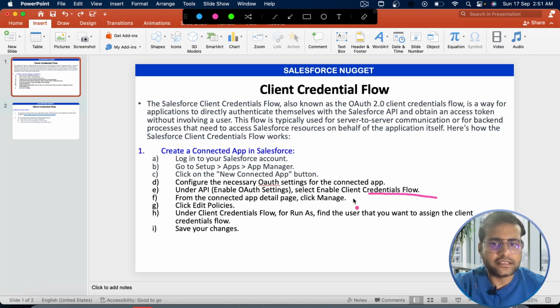So here you can see what steps are required. We first need to go to the setup in the app manager and create a connected app. Then in the connected app we need to select OAuth 2.0, and another step is that we need to enable the client credential flow. This is important. Once we are done, we need to go to manage, edit the policies, and then in the run as, select a user by which the client credential flow will run. Save your changes, and at the end we will